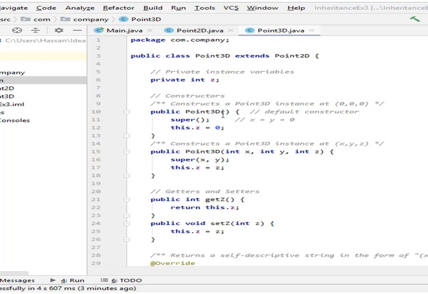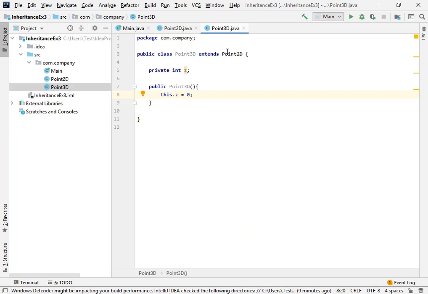Now we also will call the base class constructor, because if we create an object by using this constructor, it will not contain the values for x and y if we didn't initialize them, okay, if we didn't initialize the default constructor of this class. So how can we do that?